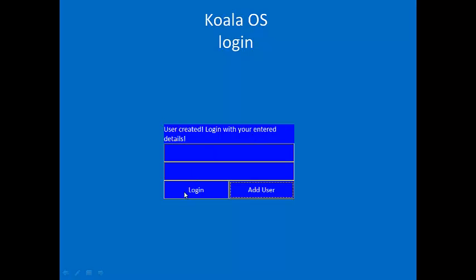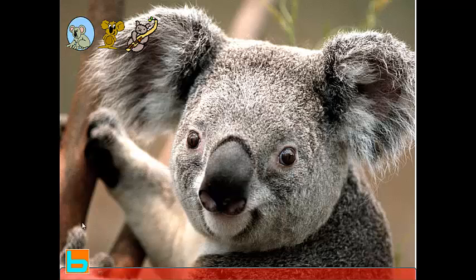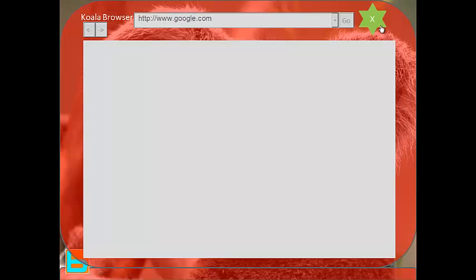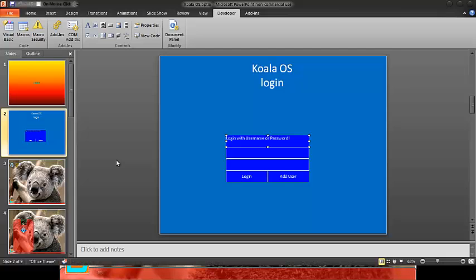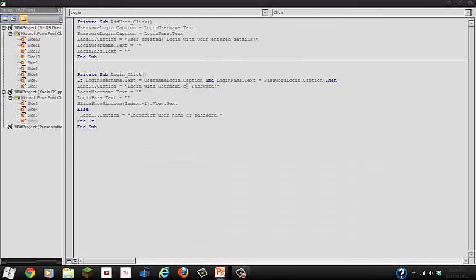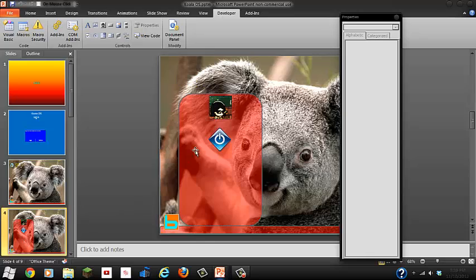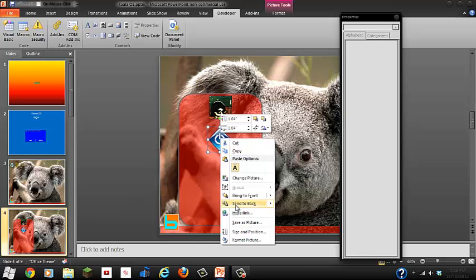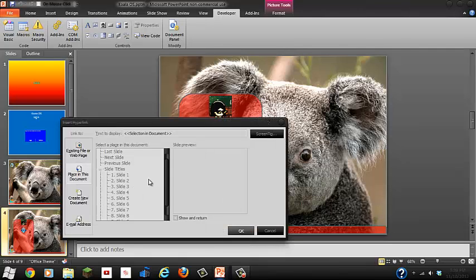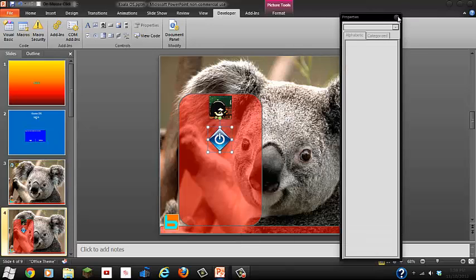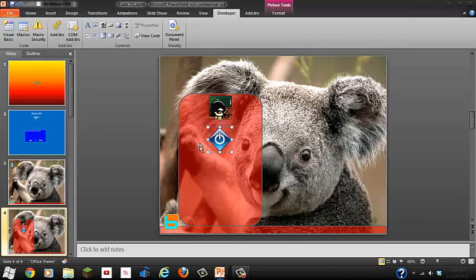Then you can hit login. Want to close that out? The only thing now we have to do is hyperlink this to the second last slide. Then